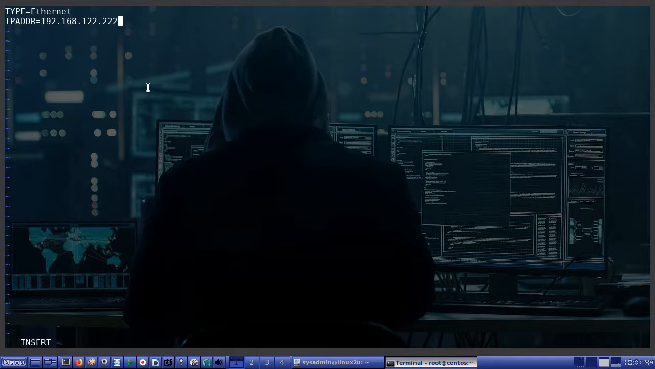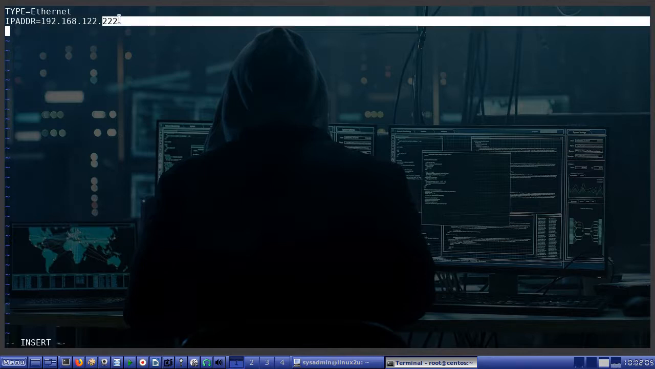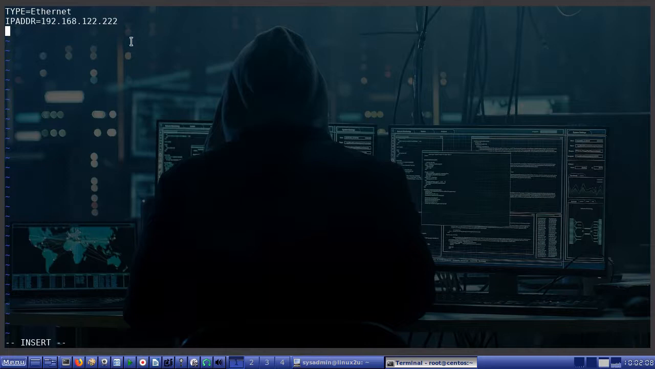So I will use this address. This is a common IP address in KVM. It always starts with 192.168.122, and you can put your host number here. This is the network portion, and this is the host portion. So you can put here some number which is not used by other virtual machines,